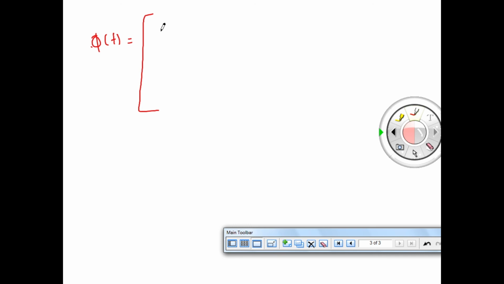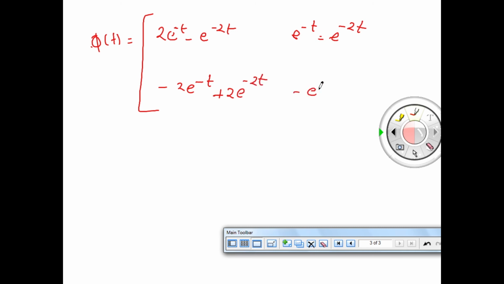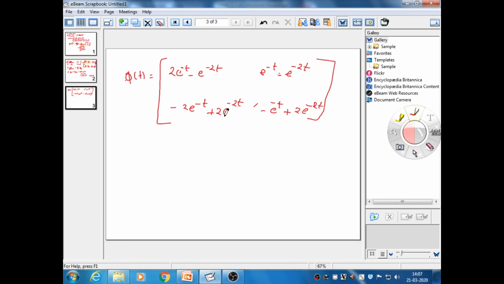Okay, that matrix is equal to 2 e raised to minus t minus e raised to minus 2t, e raised to minus t minus e raised to minus 2t, and minus 2 e raised to minus t plus 2 e raised to minus 2t, minus e raised to minus t plus 2 e raised to minus 2t. Okay, so this will be the final answer. So this is how you can find out the